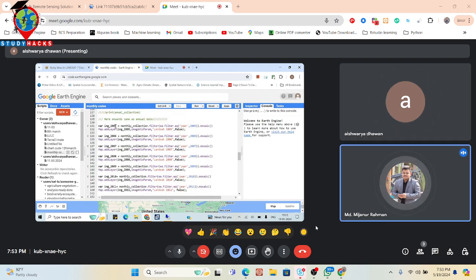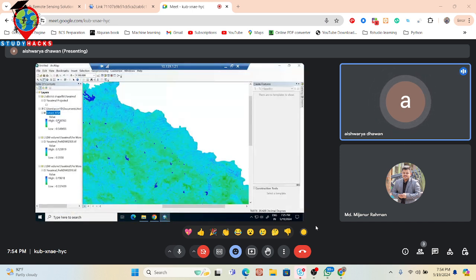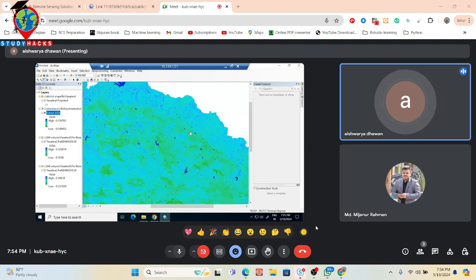Basically, which images face this type of problem? Say for 2009 here in ArcGIS, it is happening for the year 2009 in pre-monsoon, and it is happening in a lot of images for post-monsoon also. For a few months, for a few years, it was happening. Not this much, but this is a lot. That day I sent you a screenshot of post-monsoon, that was 2007 and 2008, and this is the 2009 image.